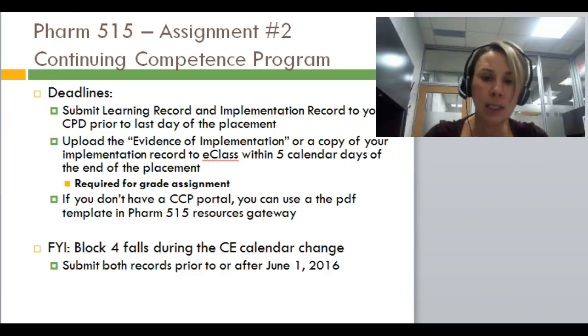For deadlines, you are expected to submit the learning record and implementation record prior to the last day of your placement. Then please upload your evidence of implementation, whatever that documentation may be, into eClass within 5 calendar days at the end of the placement. It is required for grade assignment. I cannot issue your grades until this is completed. If there's a long lag time in you providing this assignment, I will provide you with a grade of incomplete